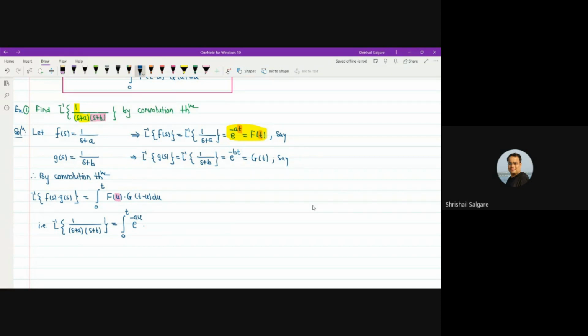Similarly, for the second, what you have to do? You have to replace this t by t minus u. Means on the right side where you are having t, that t you have to replace by t minus u. Then